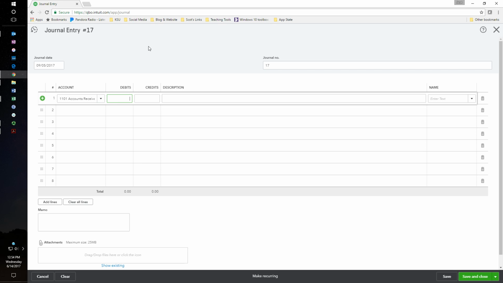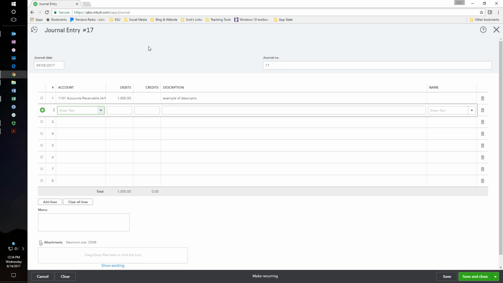For all the journal entries I've given you, you're going to give the account number, add in your debit, and then please put a description in that first line. I'm going to say example of description. Tab over, don't worry about name for this class. And what you'll see is when you hit your next tab,